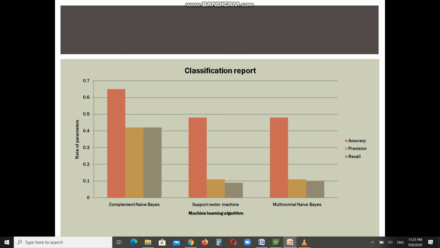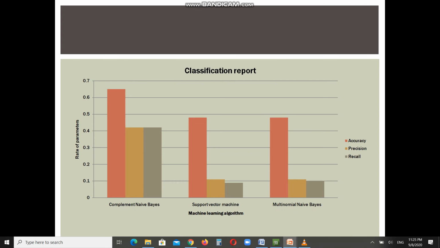So in this case, support vector machine and multinomial naive Bayes have higher false positive, meaning that they do not classify the positive statement correctly. So that is why they have the higher false positive value, which makes the complement naive Bayes have higher precision because it has lesser false positive.